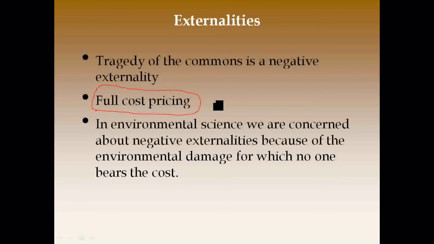But imagine if we could put a price tag on the damage to the environment, the amount of CO2 that came out of the tailpipe of the truck that delivered that turkey to Publix. A little bit of that CO2 and that damage to the environment ought to be added to the price. It's not, of course. That's the idea of full cost pricing.